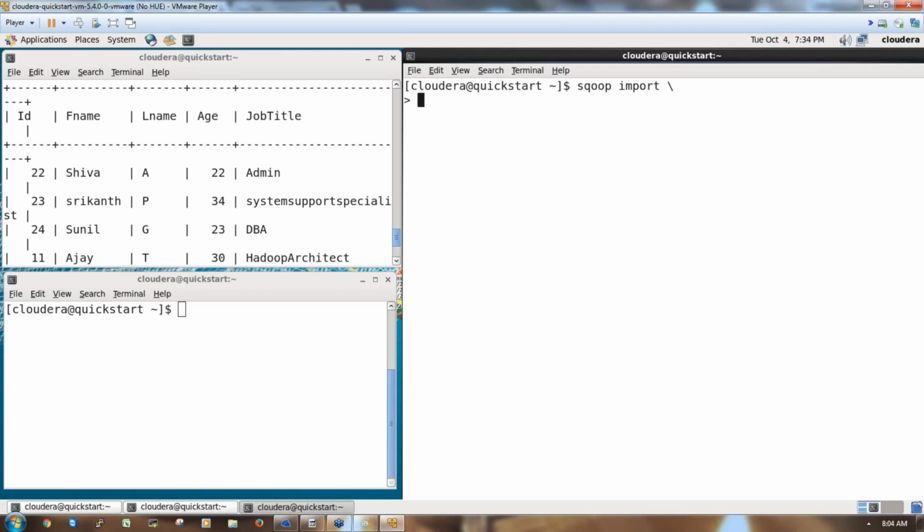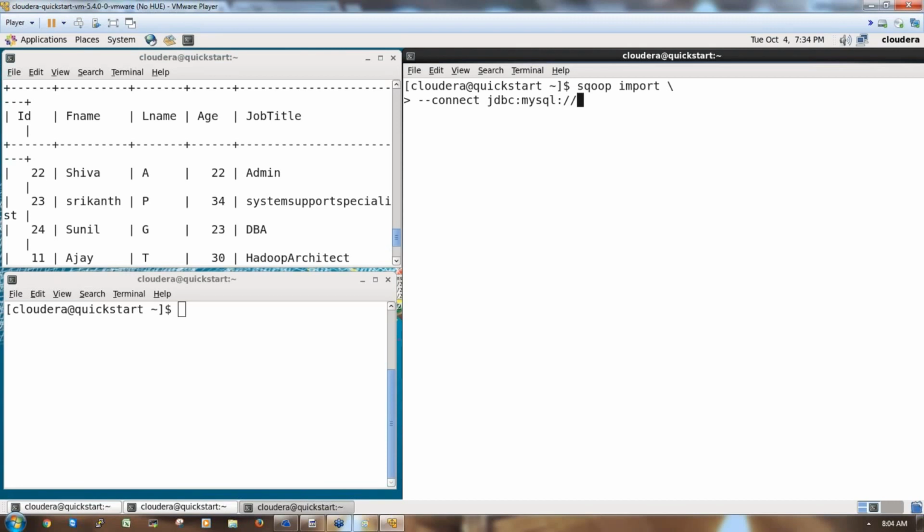I have to establish a connection, and to establish a connection we have to use a connection string. We use the connect keyword to write the connection string. So I'm writing connect to establish a connection. Which connection? JDBC connection. So I'm writing connect jdbc:mysql://. Which database are we trying to connect to? MySQL database.